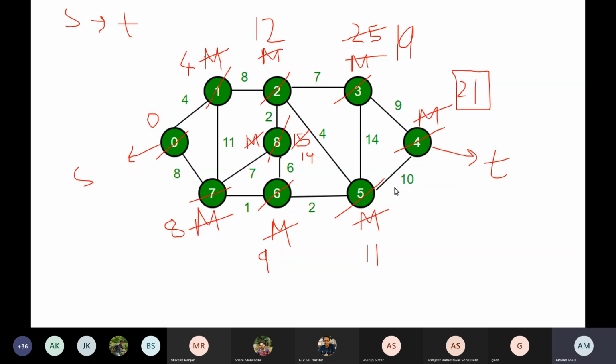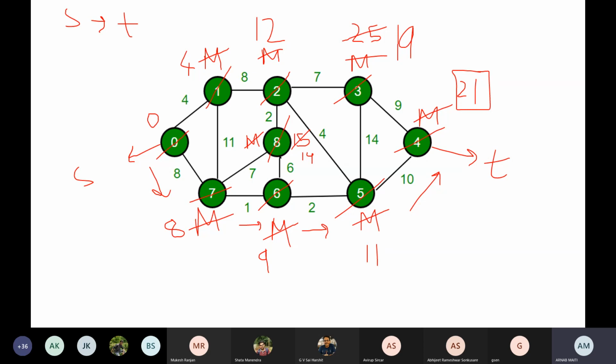And you can backtrack also. So from where we got this 21? We got this 21 from here. And in fact, it's not just about t, but every other number if you take, it is the shortest path between starting vertex and that node. So this is how you proceed in order to solve Dijkstra's.